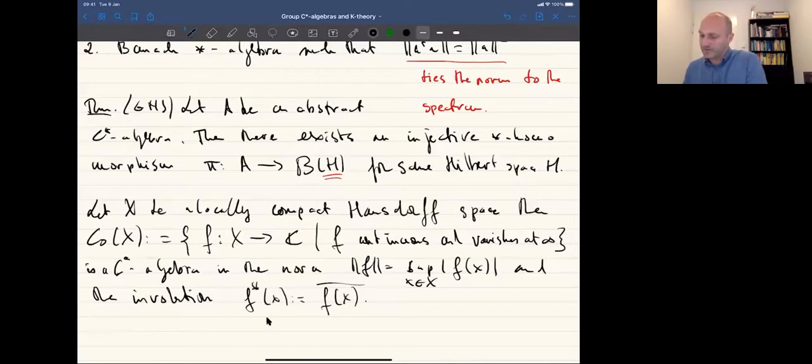Okay, you can check this is a C-star algebra, and now the next remarkable result is